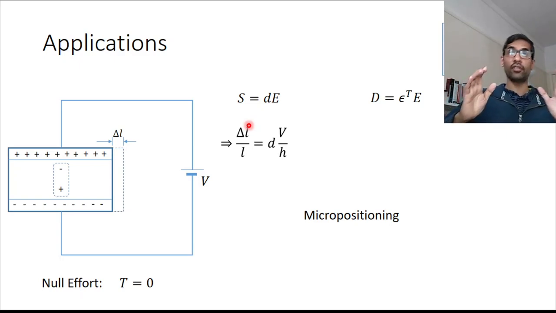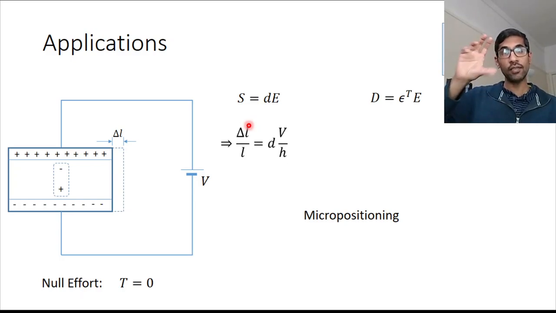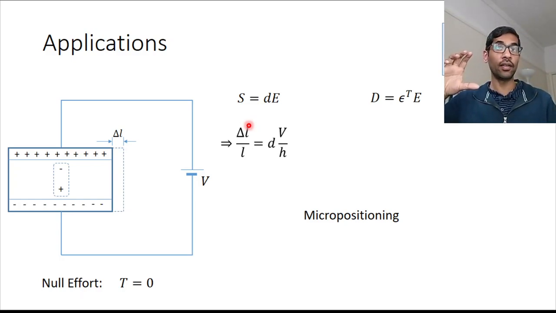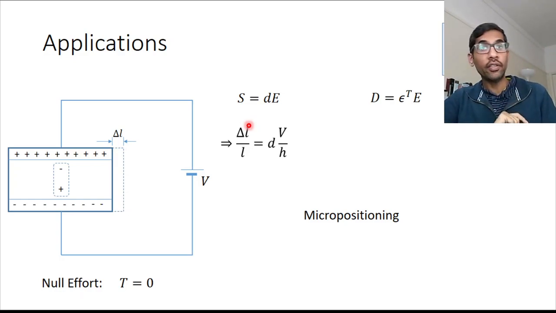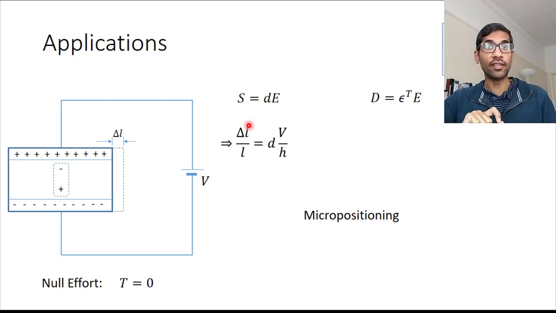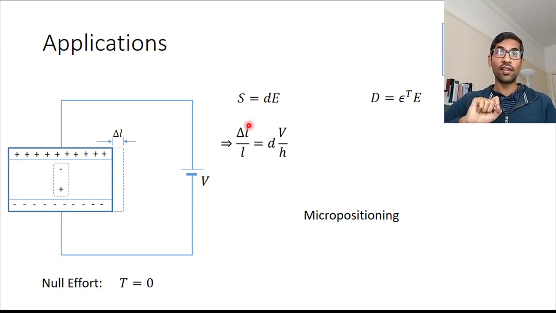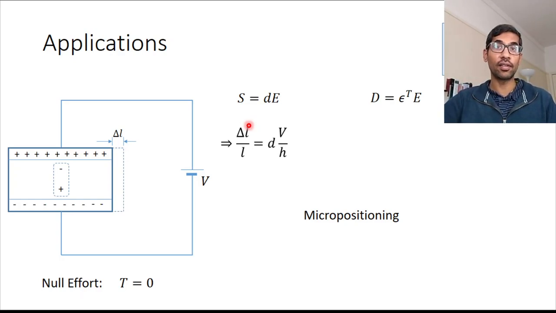So in a crystal, if we do not apply any stress to it, that is, if we don't apply any force, we just leave it free to move, and we apply a certain voltage on the crystal, the crystal is going to deform up and down. And therefore, we can use this piezoelectric crystal for micro positioning. We can control the position of a particular object by just applying different voltages to it, right? So that's the first